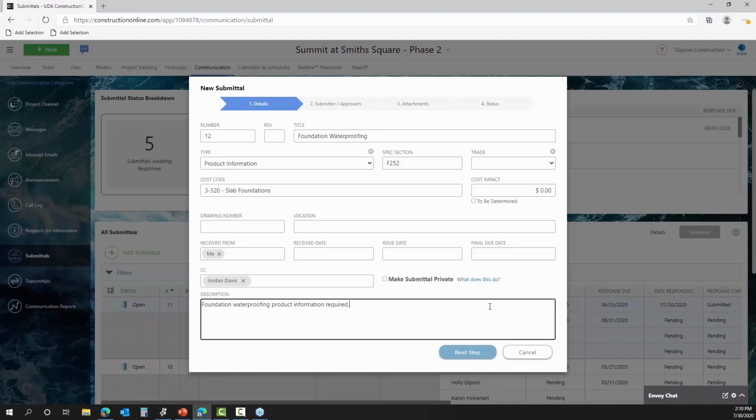The submittals tool in ConstructionOnline is designed to handle a number of scenarios exceptionally well. Now, the scenario that we'll be walking through as we create this submittal is one in which Jordan and I will sort of play the role as perhaps a general contractor here and coordinate information coming in from other parties. So we'll look at that. However, ConstructionOnline submittals are designed to really well handle other scenarios. Like, for example,